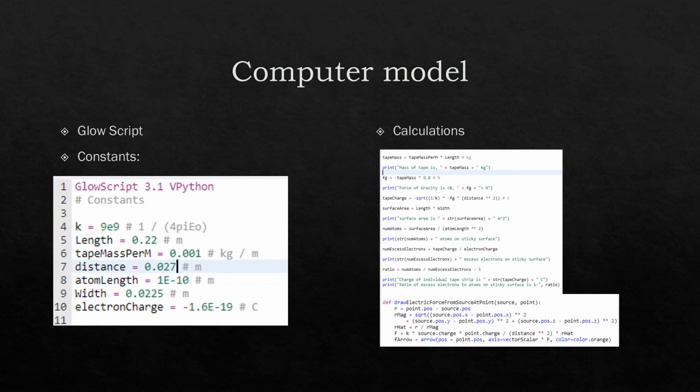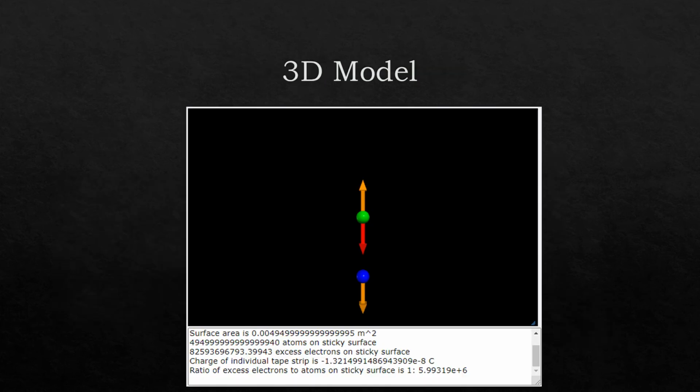Here we make a computer model reflecting the physical model using GlowScript. We first define the constants and then use code to compute the results as shown. Check the description for more details. As seen by the 3D model created from GlowScript, we see that the model reflects what we predicted in the